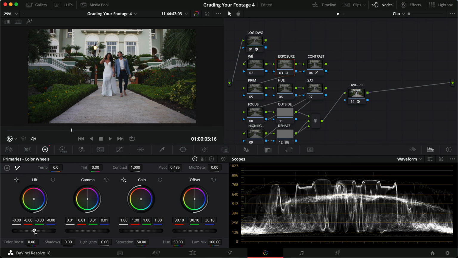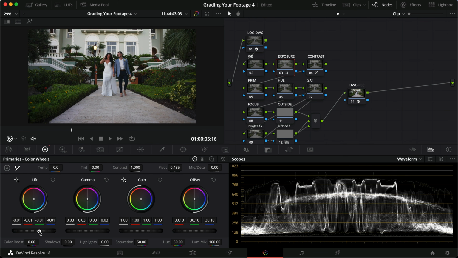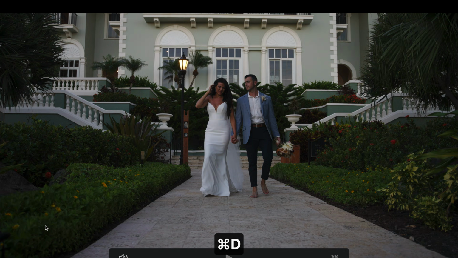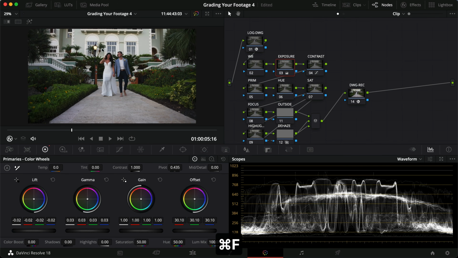I'm going to drag the shadows or the lift here down just a little bit and maybe see if we should increase the gamma a little bit more, decrease the lift a little bit more. So with this, I think we got a pretty good image already. The only thing I'm seeing is that I think the background looks a little bit green, and I'm not sure if that comes from just what it looked like and what the scene was, but I'm gonna try and see if just adding